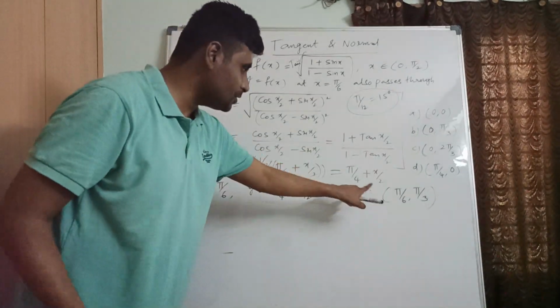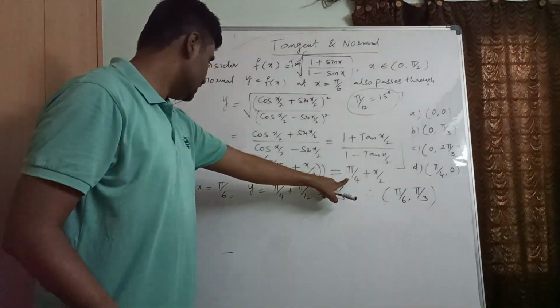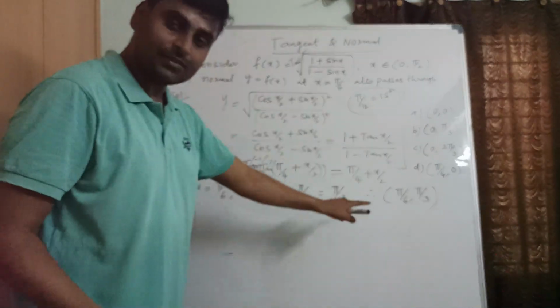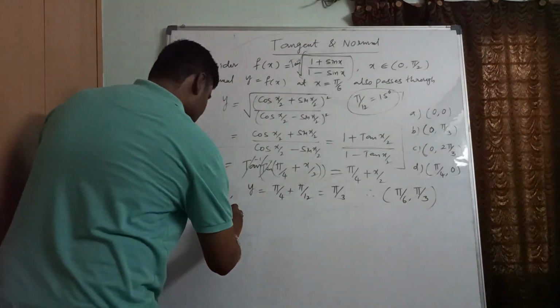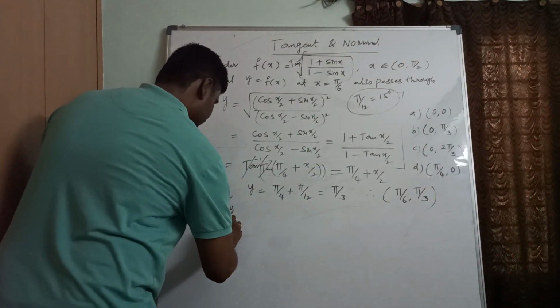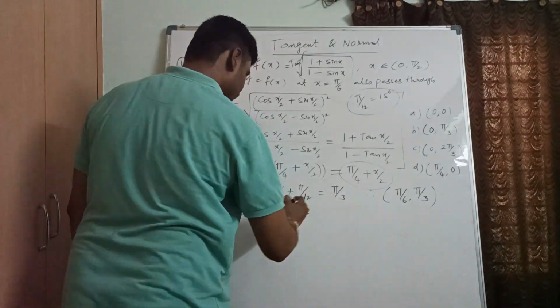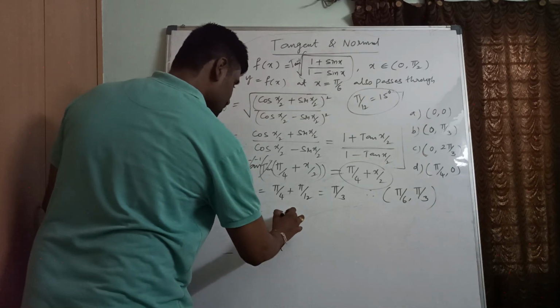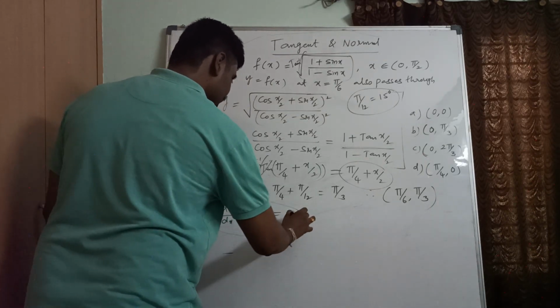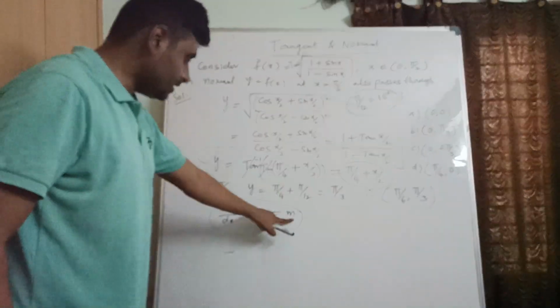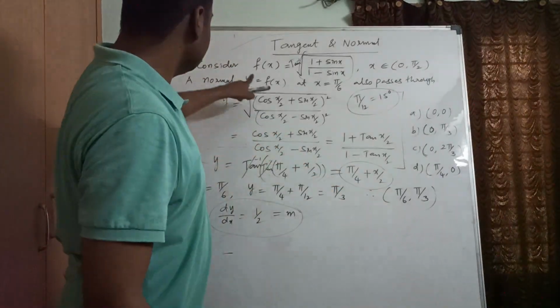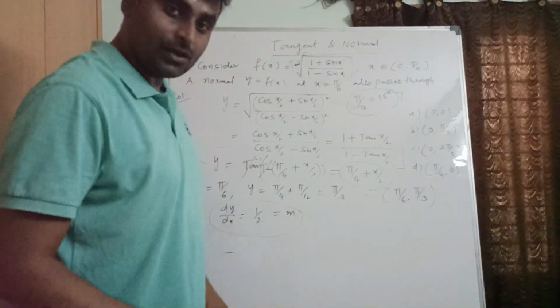So now let us substitute here. Okay? So this is the function y. After that, derivate and substitute the point. So what will I get? dy/dx: derivative of π/4 is 0, derivative of x/2 is 1/2. So already we got the slope. There is nothing to substitute, right? So this is the slope, that is the point. So easily we can find the equation of normal.